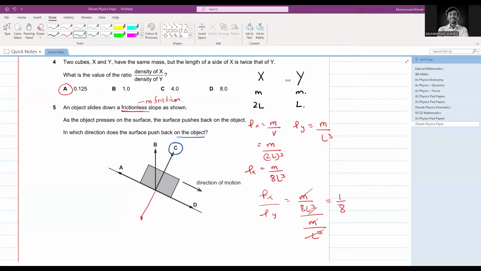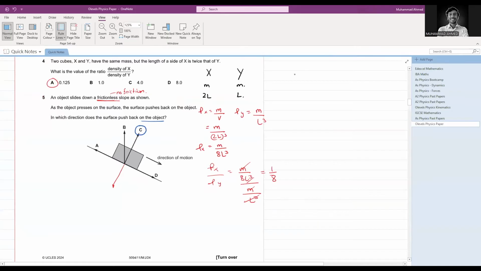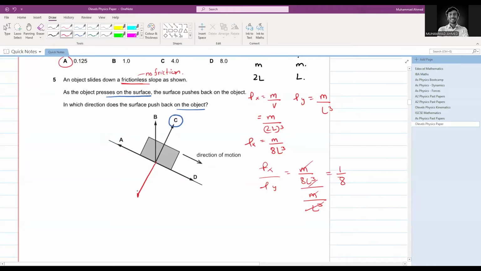Any ambiguities in the first five MCQs? Is there any problem in the first five MCQs? If not, let's move ahead. Always remember, write down this key point if you are so tensed about this: the contact force between the object